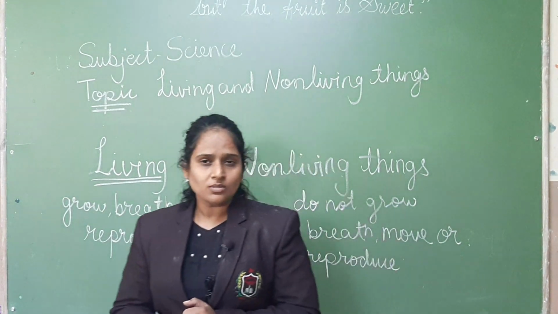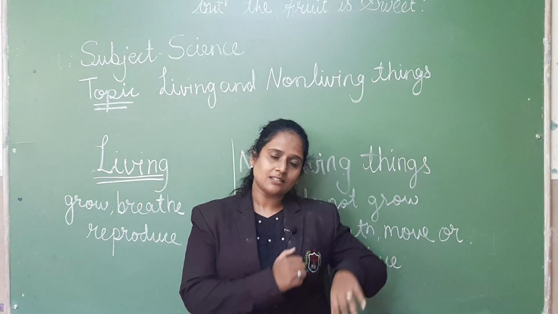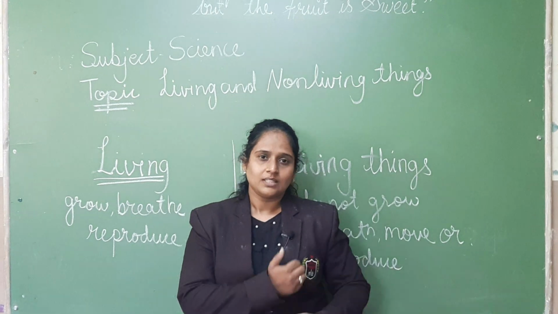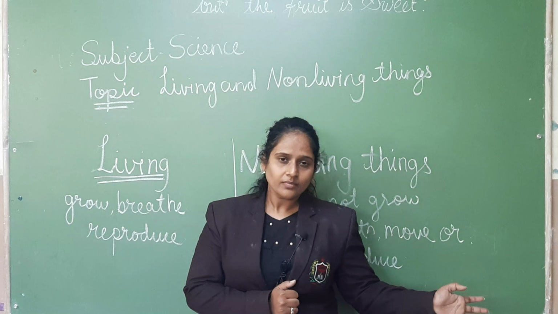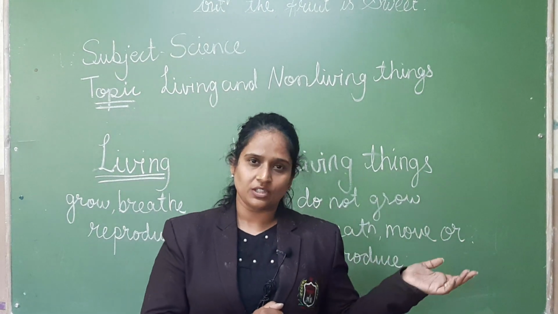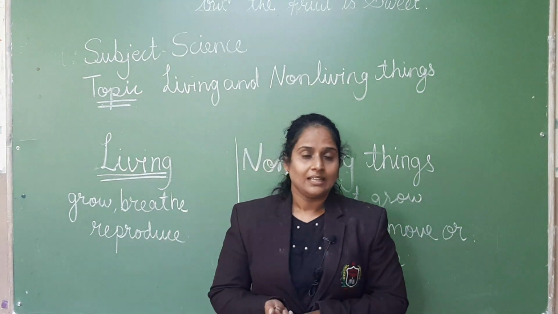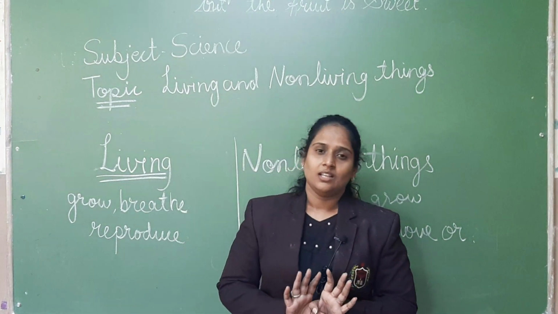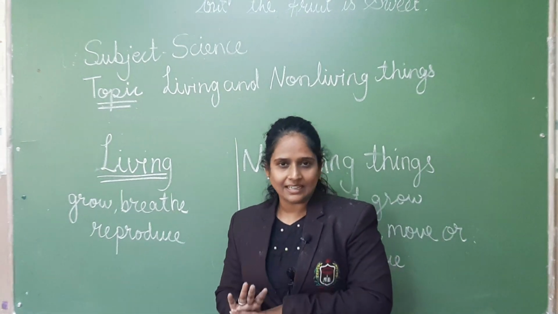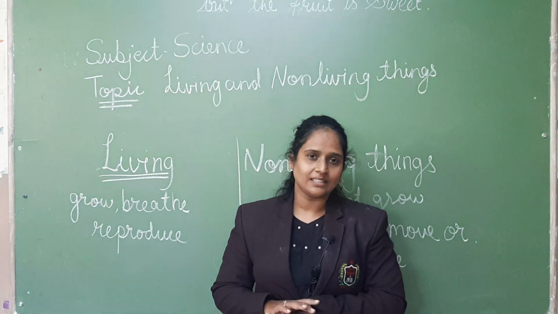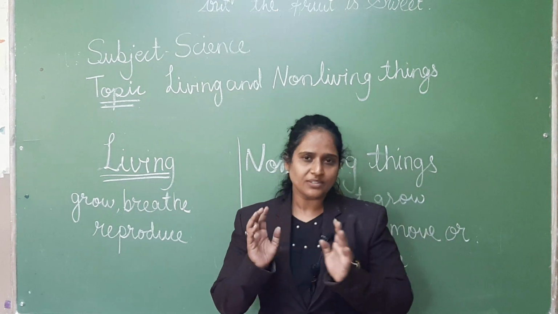Living things can reproduce. Now what is reproduction? If we have a plant, its seeds turn into more plants. This going from one to many is called reproduction. So living things reproduce, but non-living things don't. Living things die. Whatever is a living thing, after a specific time they die. But non-living things don't die. They don't have life, meaning they don't have a specific life span.